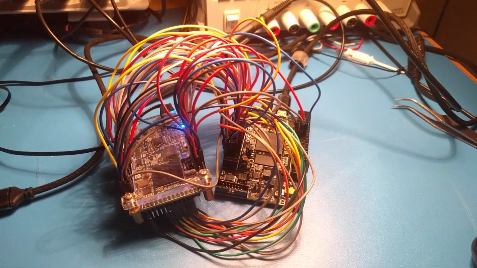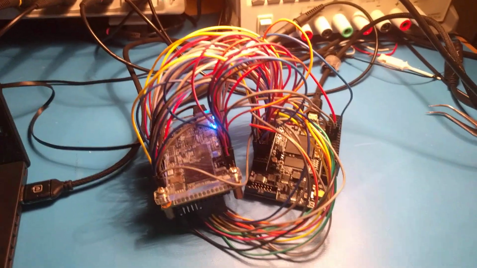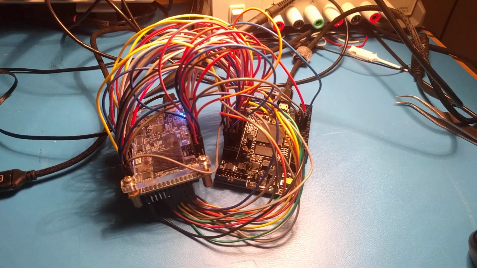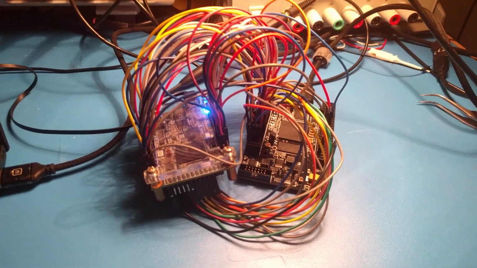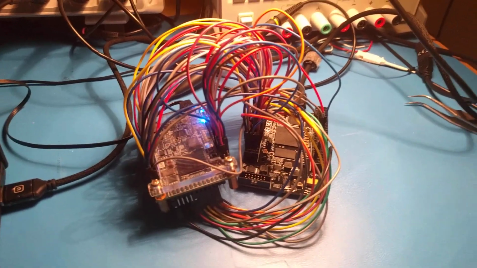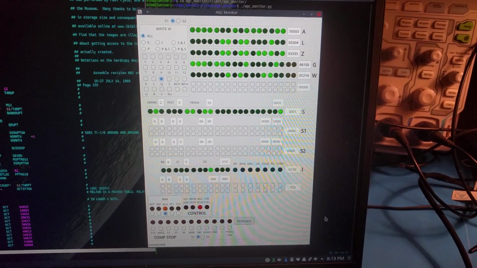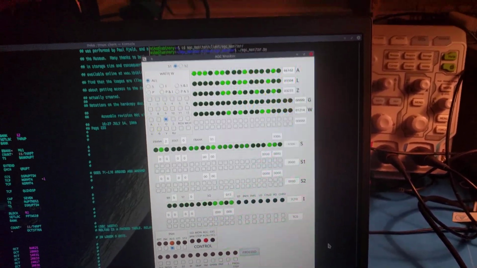Okay, so I've been making a little bit more progress with the AGC monitor. The wiring here has gotten a little bit out of hand, but there's still a few pins left open on the AGC's FPGA, so hopefully I'll have enough to get through the rest of it. Right now it's running Luminary 99, the Apollo 11 LEM rope, and